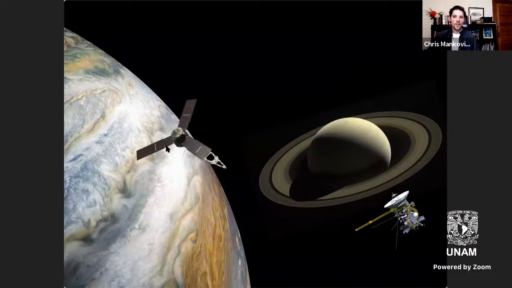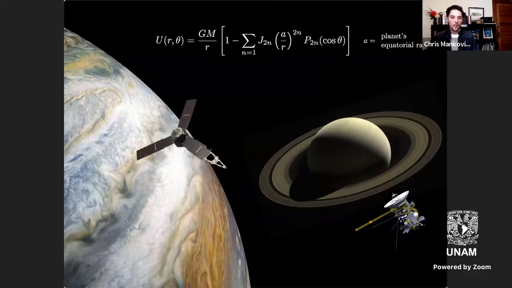And so the way that these spacecraft orbit is a function of the gravity fields of the planets themselves. And so it's really just determining the orbits of these spacecraft that can tell us the gravity fields of the planets. The reason that's useful for understanding the interior physics is because the potential outside of a planet can be kind of thought of as a multipole expansion.